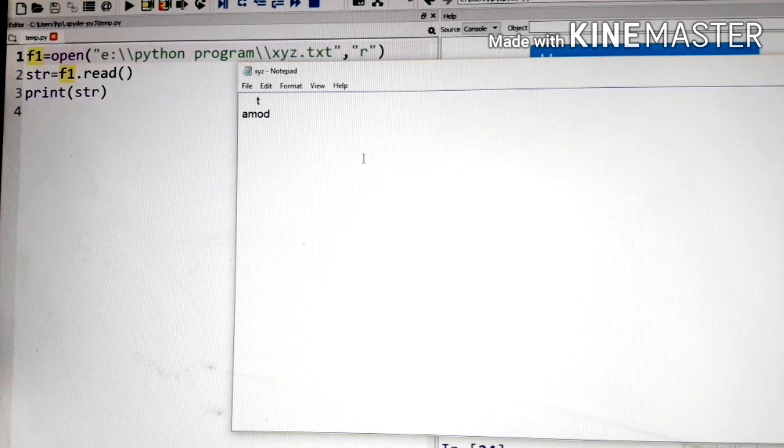How many blank characters are there here? Let's calculate: 1, 2, 3, 4, 5, 6. Then the character t is allocated at character position 6. Now again there is a delimiter \n, so we come to the next line.